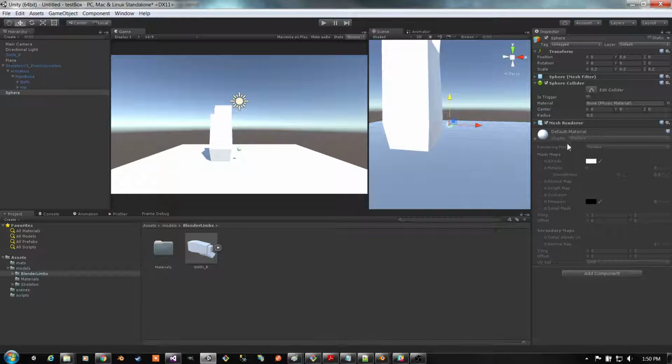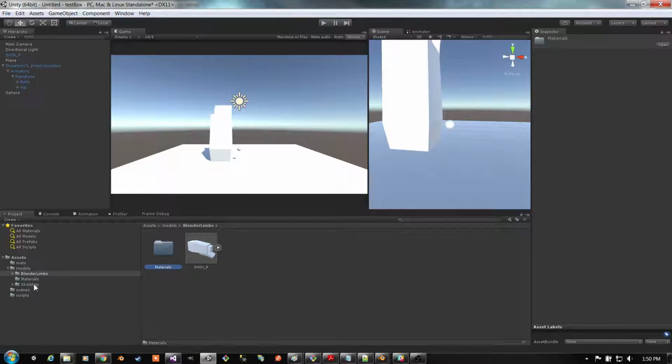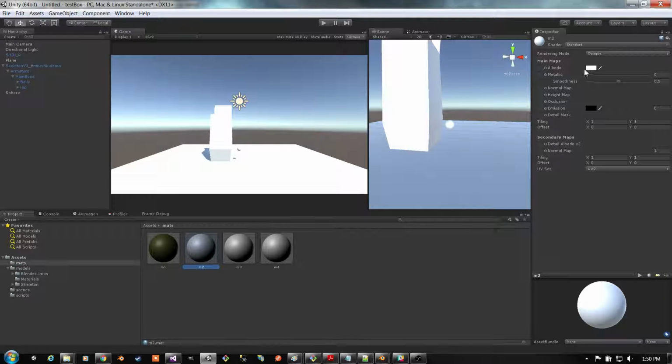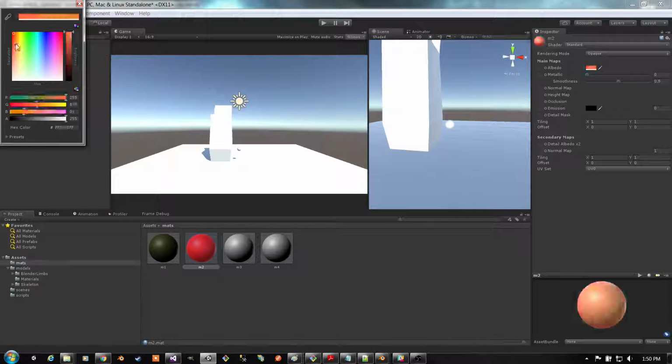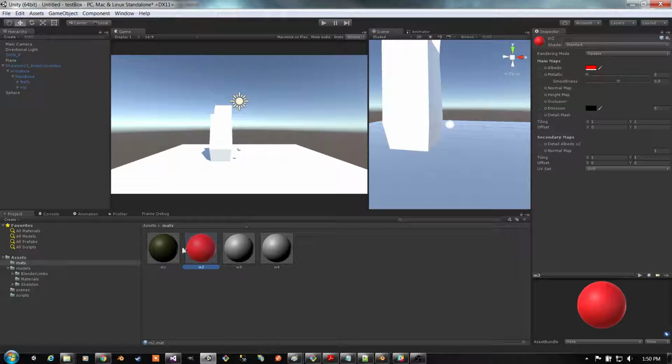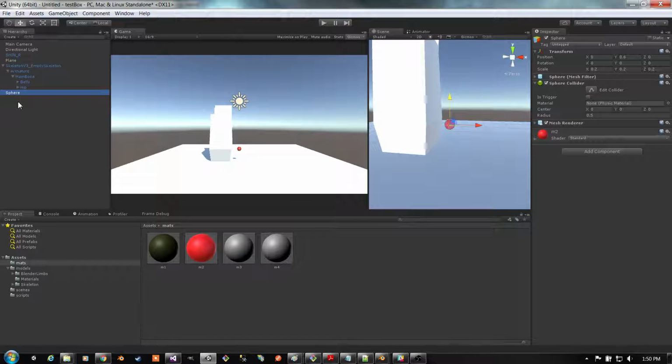Let's make this red. See it? Ah, that's not how you do it. See if I have materials here. It's matte. Great. Okay, it's matte. Sweet, and now to this one and